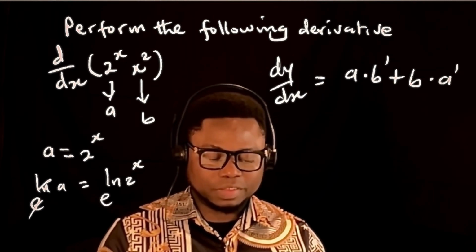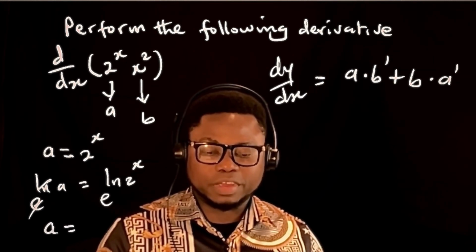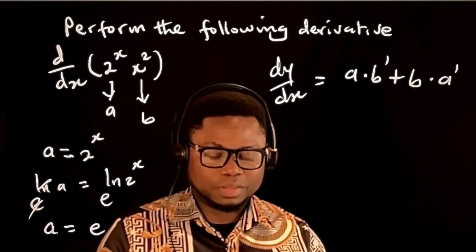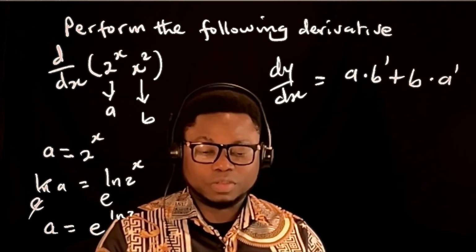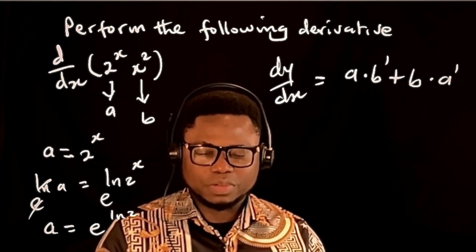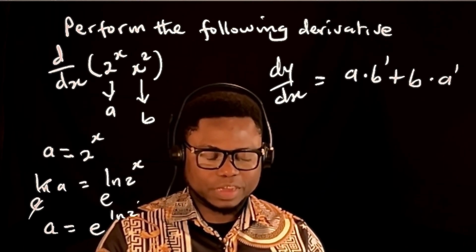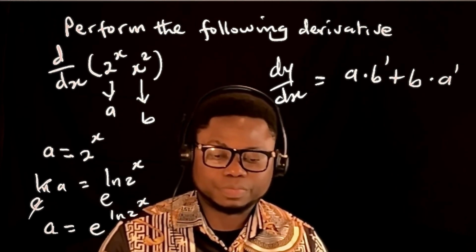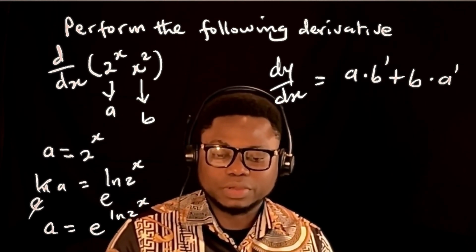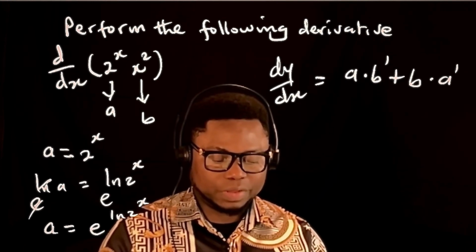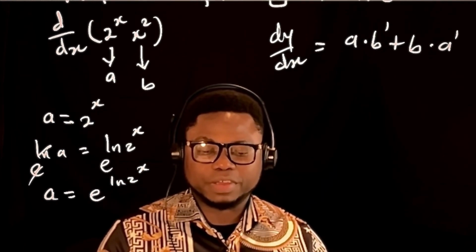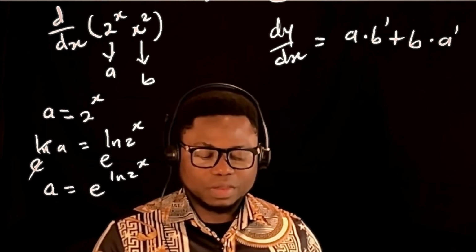So I'll still get a back. a is equal to ln, e raised to the power of ln 2 raised to the power of x. But you know that if I apply power law here, this 2 raised to the power of x, because you know that when I got this initially